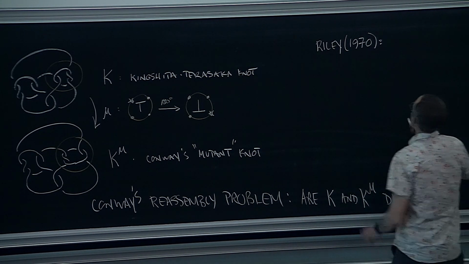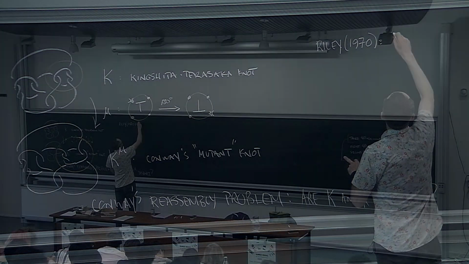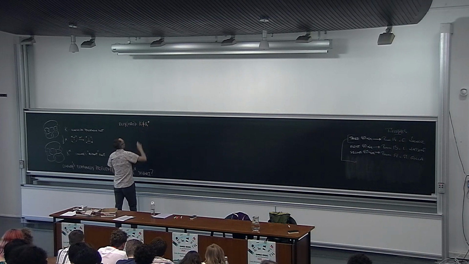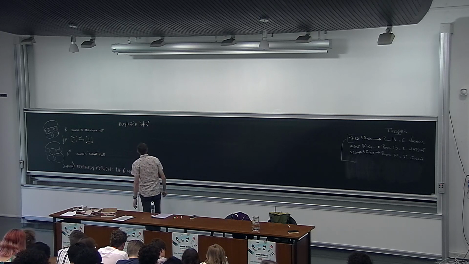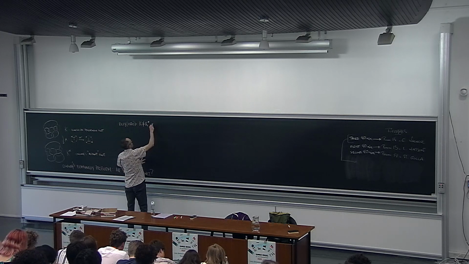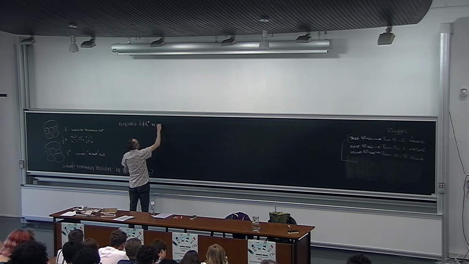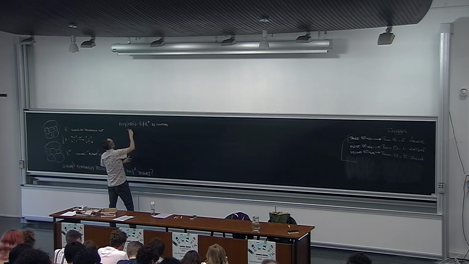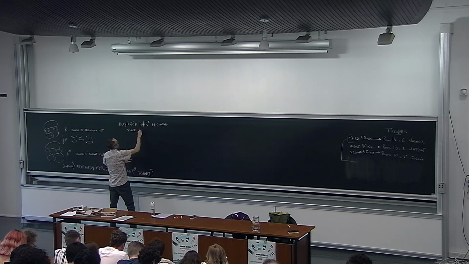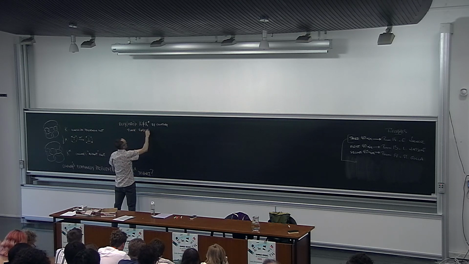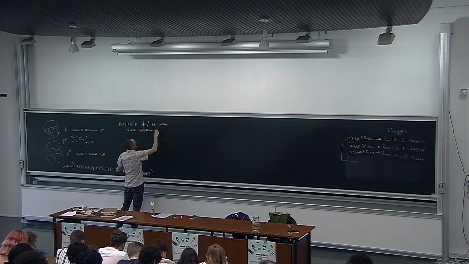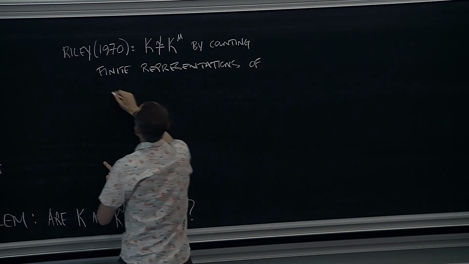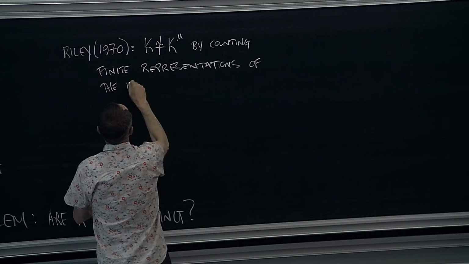So Riley showed that in fact, K and K mu are certainly different. And how did he do this? This was by counting finite representations of the fundamental group of the knot. So of the knot group,